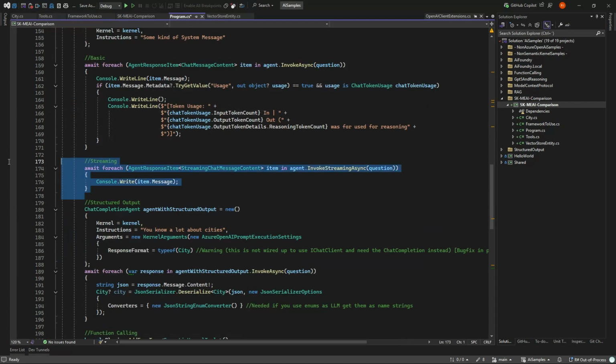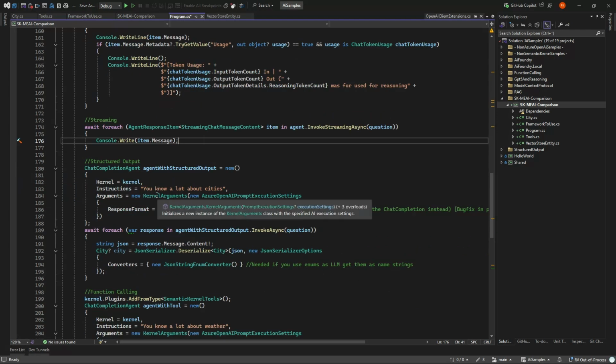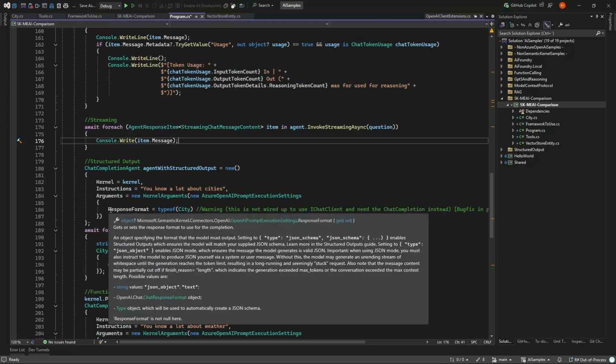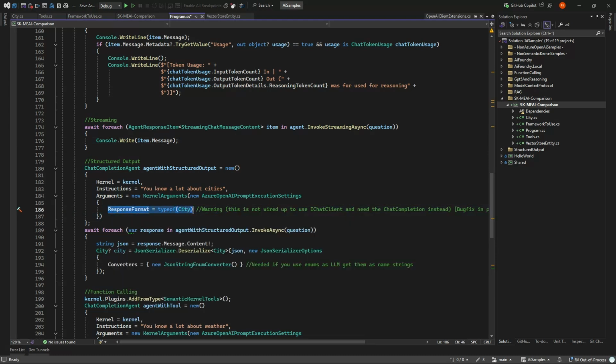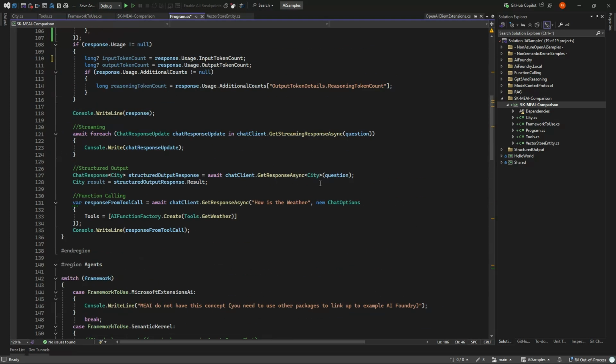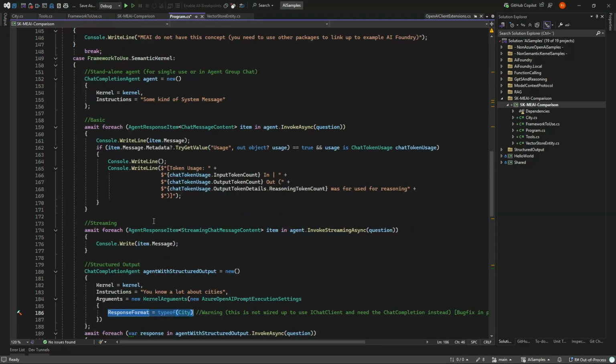Same goes for streaming. You can do streaming instead of just a request response. You can do structured output, which is a bit more clunky with agents in that you need to set some execution settings and tell the response format back. Up here, we just gave it as a generic, and it came back with that.